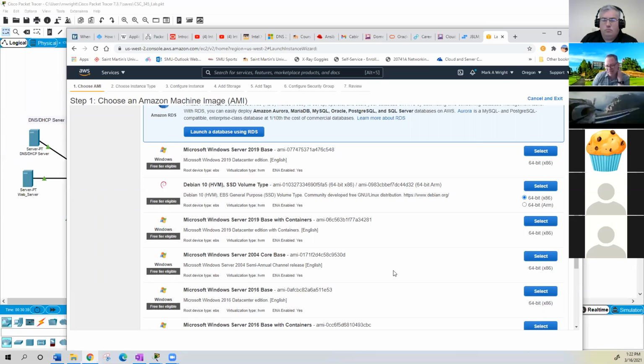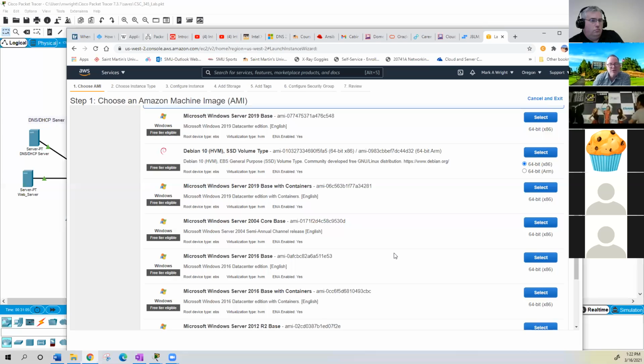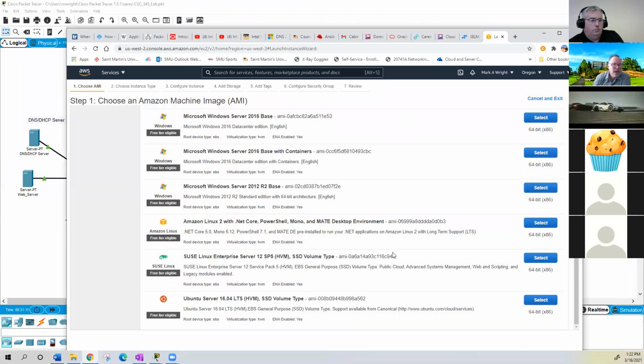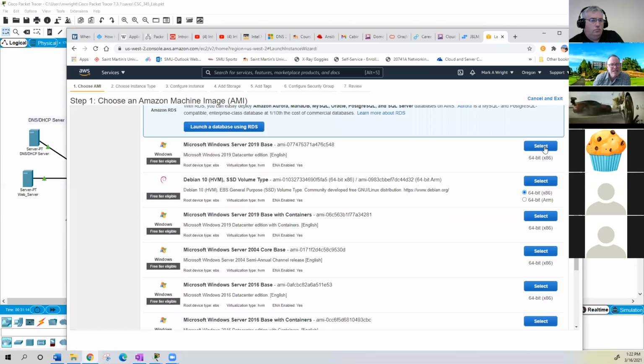So even though Microsoft is a product that requires a license, they have paid some type of site license or something to Amazon Web Services, to provide Windows servers on the free tier, and not bill you, at least for the first year, for that. Now that doesn't mean all Windows Server operating systems are free, but these that are shown here are. And let's say I selected this Microsoft Windows Server 2019 base,